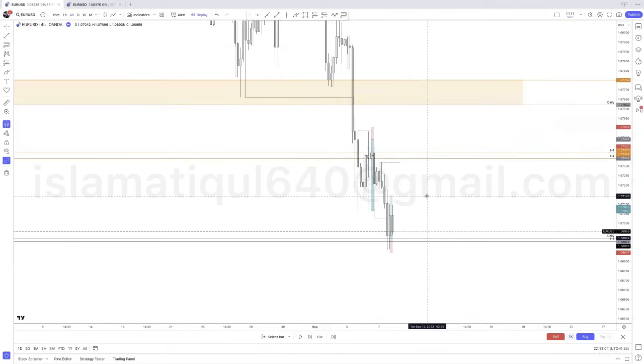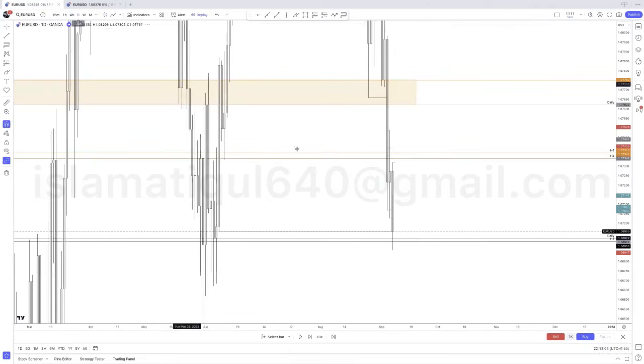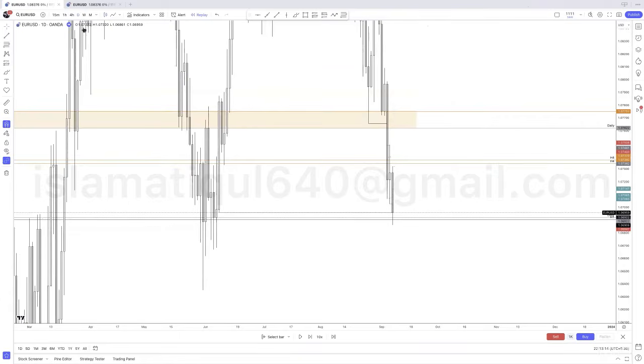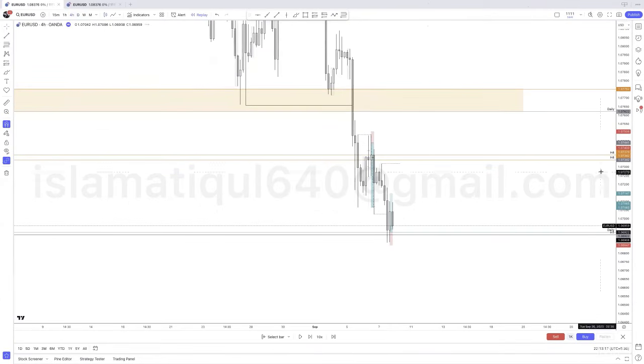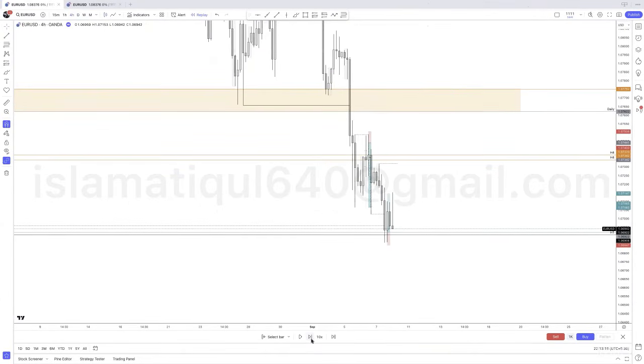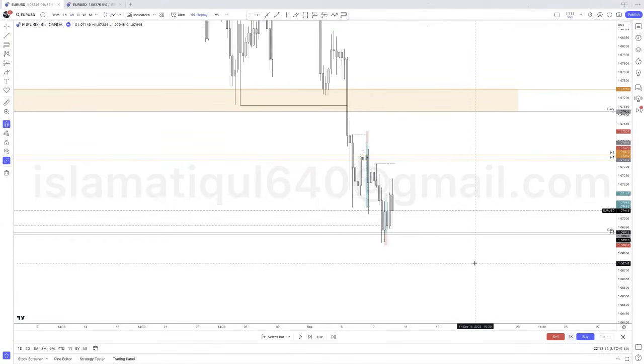So let's see. Let's wait for Asia to end. I'm not going to mark out any sell zones this day, because since they're reacting to this, they might move all the way up here. Let's decide once Asia is over. First one, now see, it runs into our 1:3. And second one,